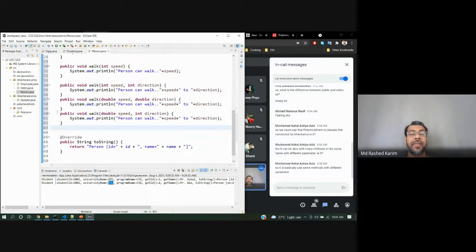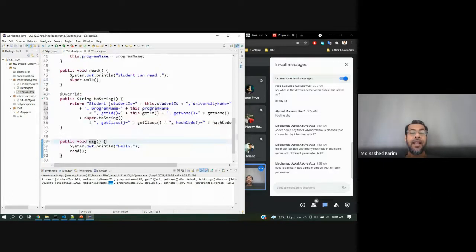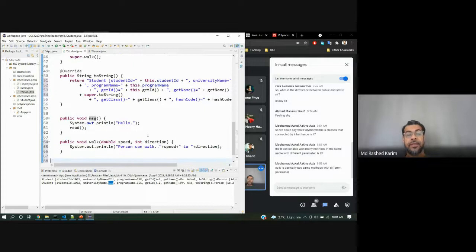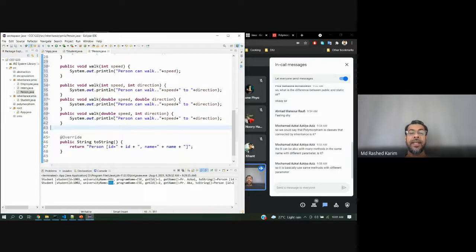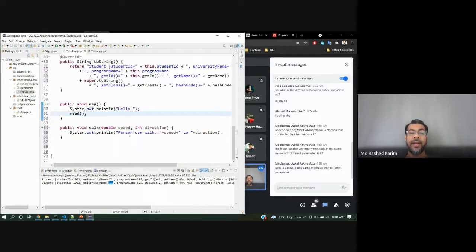Even if you want to call this method, but declare it in your child class. Let me do it here. I'm talking about the student can work.